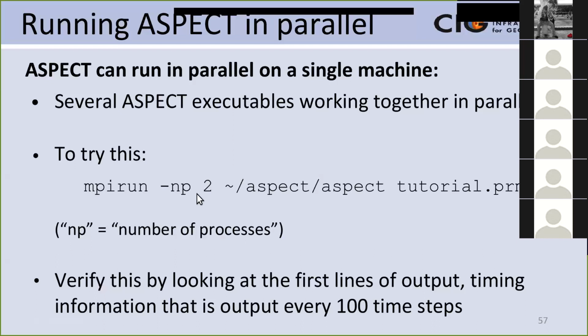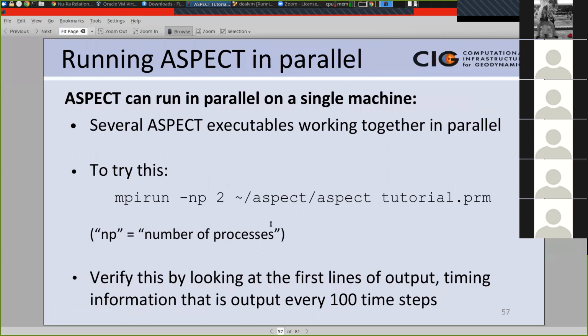And remember that you ran aspect typing ~aspect/aspect tutorial.prm. And if you put in front of it mpirun -np 2, this will run with 2 processes, obviously. And I'm going to quickly show you that as well, just because I have the virtual machine. And so you can see here that I'm compiling very, very slowly. I'm at 3%. So anyways, I'm aborting this for now